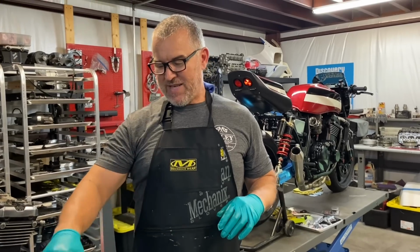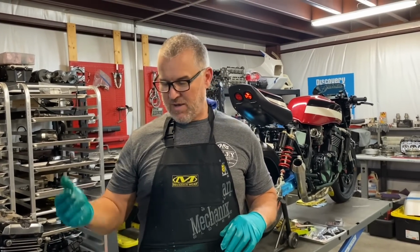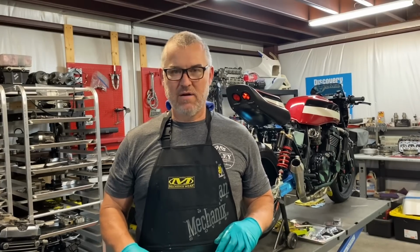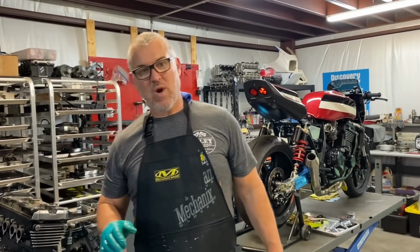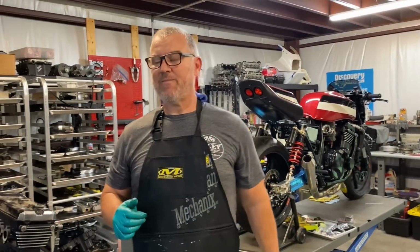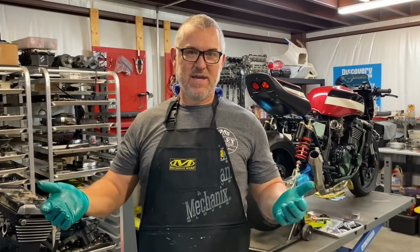We've taken motors down that have over 100,000 street miles on them, and the bores look brand new. We put a bore gauge in them and they're perfectly round still. There's no signs of wear, and on the skirt there's no sign of wear. I'm not saying that something can't happen. Absolutely it can, but